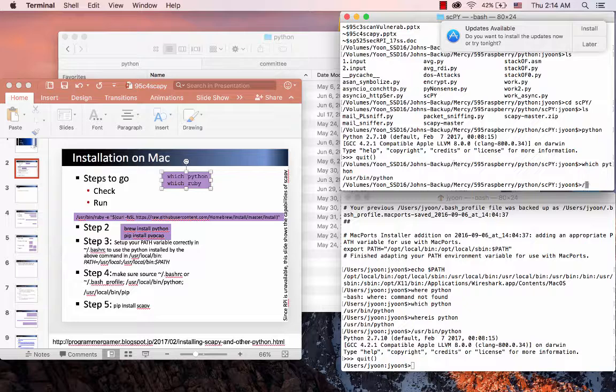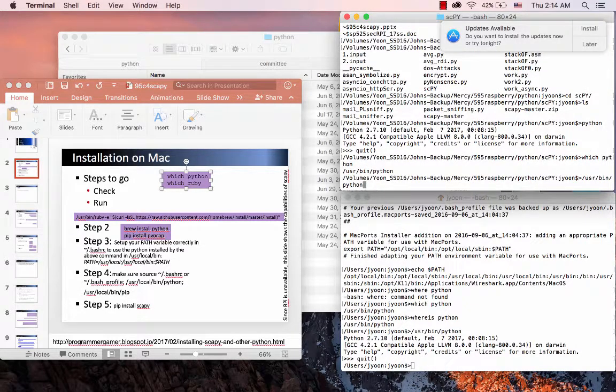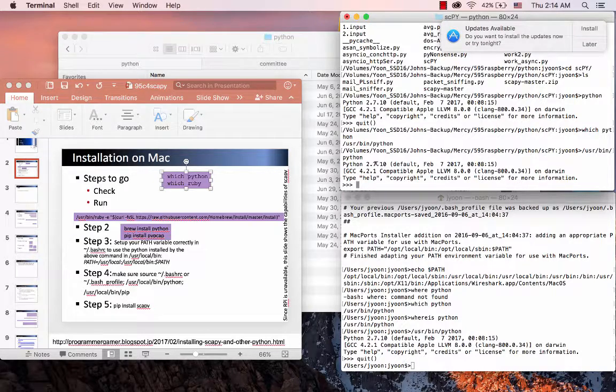So simply /usr/bin/python. That is the same as that one, 2.7. If there is any difference between this and that, the way you simply type python, or the expression which is returned by the which python command,